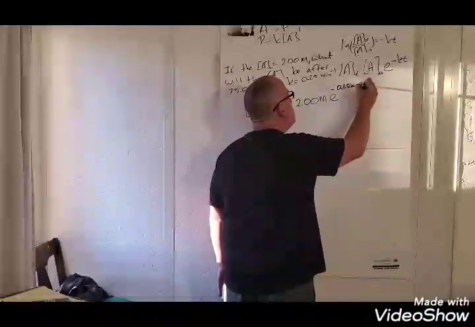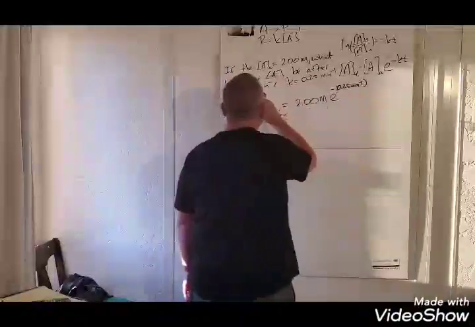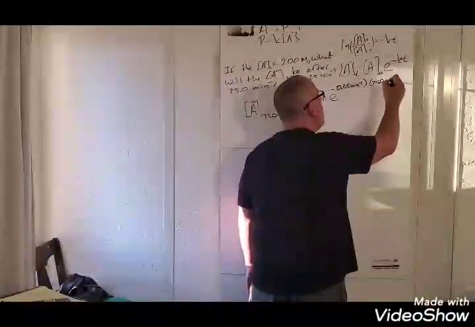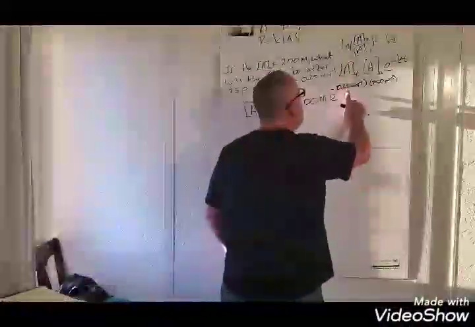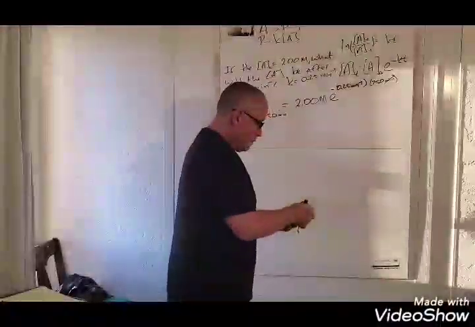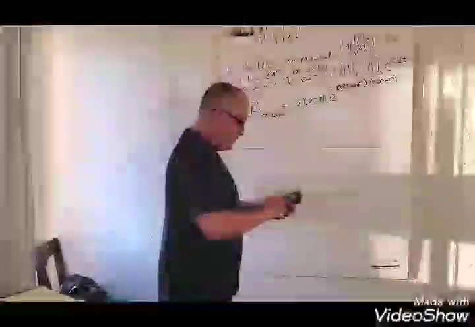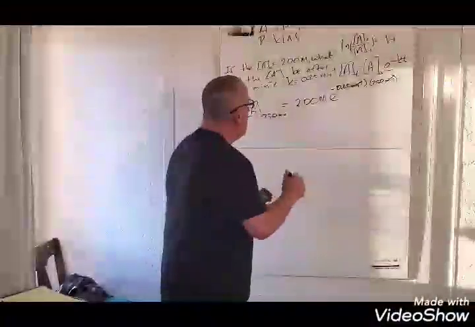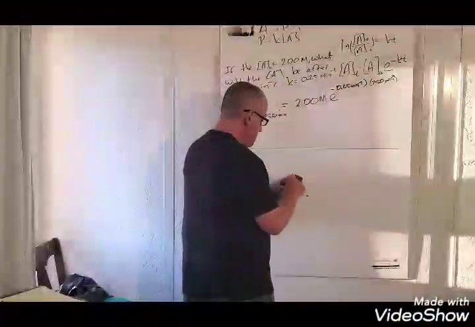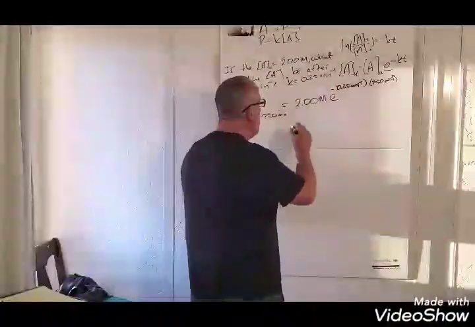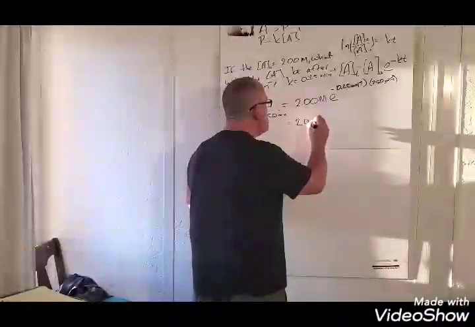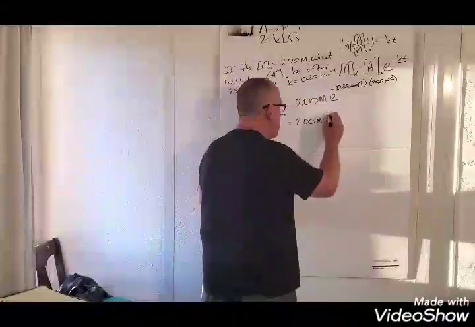0.25 minutes to the minus 1. And the time was 75 minutes. You'll notice the minutes cancel out. Then if I multiply these here, 75 times 0.25, I'm going to get 2.00 molarity, e to the minus